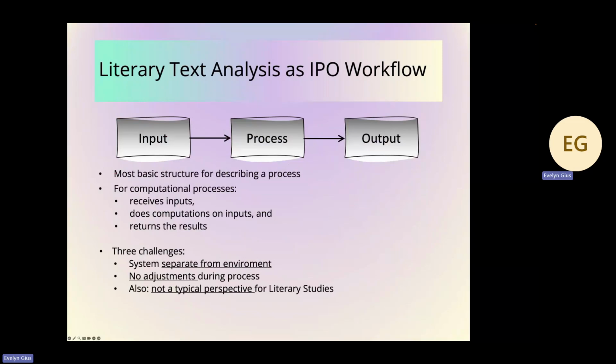But still, there are 3 challenges. And the third one is specific for literary studies, or at least quite a challenge for literary studies, but I actually think it's also a challenge for many other fields. So the first thing is that the system is separate from the environment, so there is no communication between them. And this means that there are no adjustments during the process. That's a problem in most humanities fields, because we process our stuff discursively, right? Of course you can say that discourse is also a process, which is true, but it is still not defined beforehand, which would be necessary if you do a process, right?